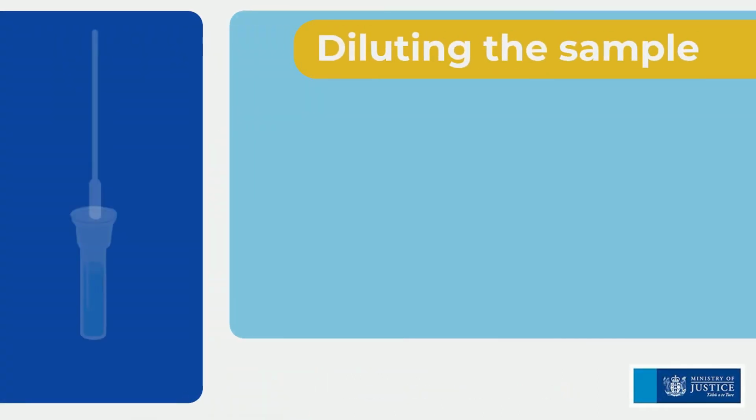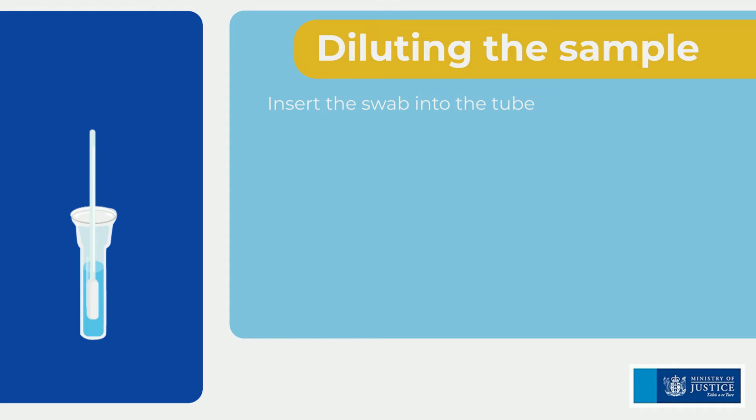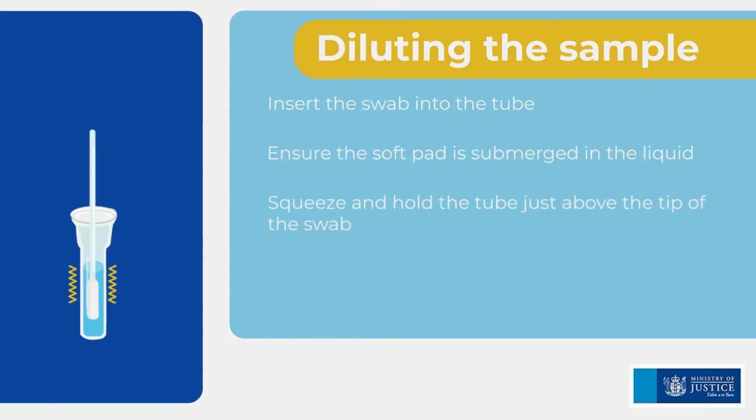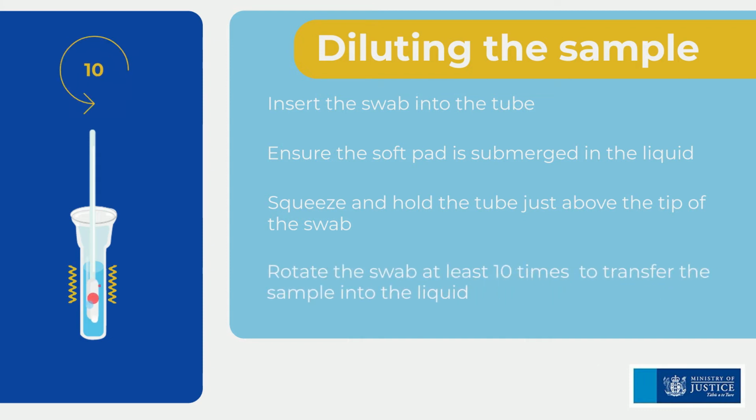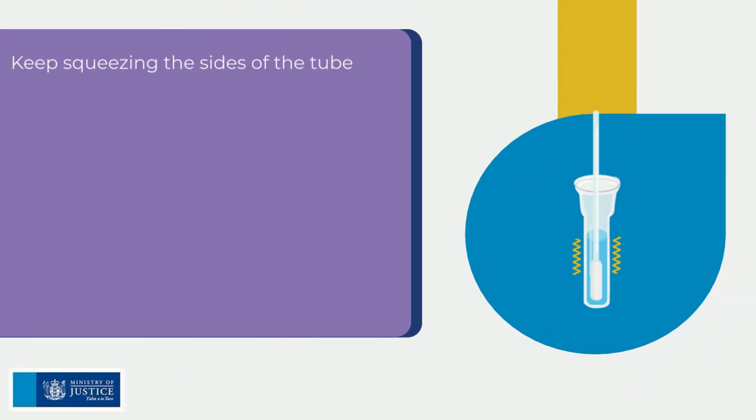Diluting the sample. Insert the swab into the tube until the soft pad is submerged in the liquid. Squeeze and hold the tube just above the tip of the swab. Rotate the swab at least 10 times to transfer the sample into the liquid. Keep squeezing the sides of the tube lightly while removing the swab to properly extract the liquid from the soft